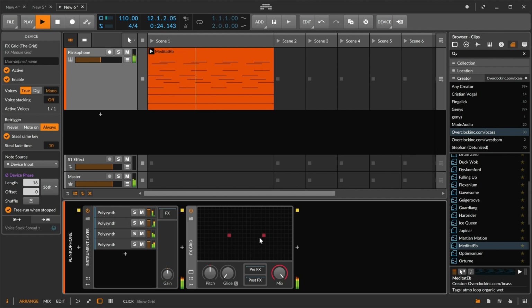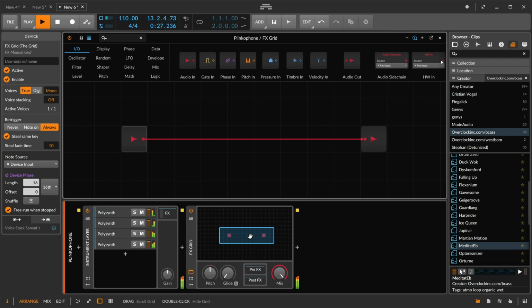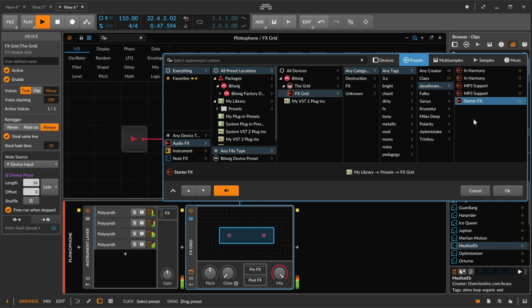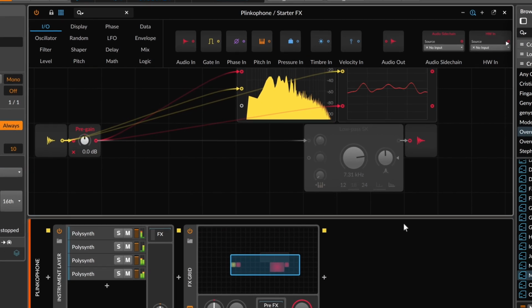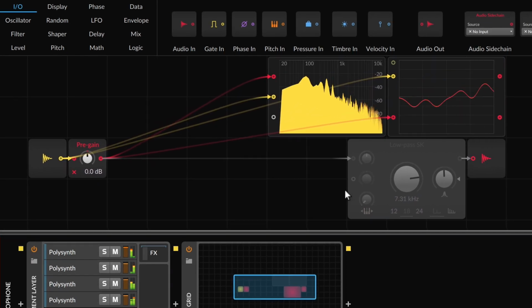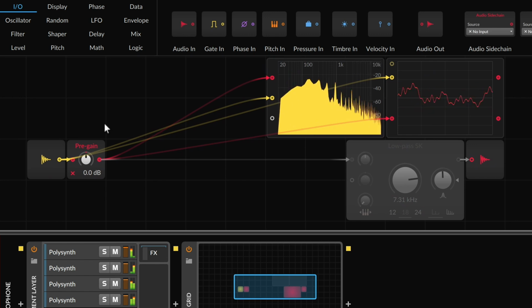And loaded by default, there's really no sound change because the default patch in FX grid is nothing. Audio is coming in, audio is going out, straight through with the patch cord. This entire patch is the equivalent of a patch cord. It is just taking what it receives and then sending it out. So if we're going to build an effect, I have a little starter here, which again is not really doing anything to manipulate the sound. I just have a couple monitors here so that we can see the signal before on the way in and the signal as it is modified.